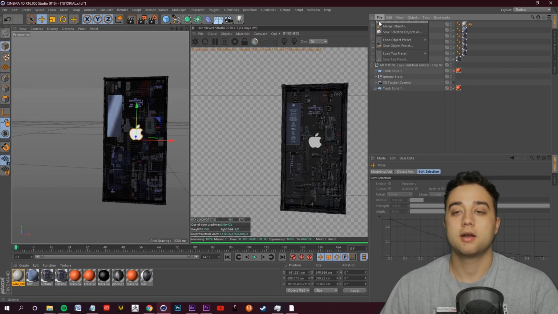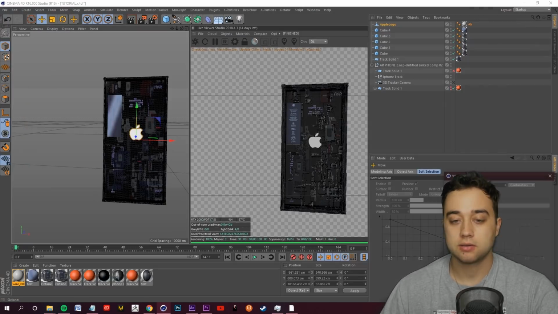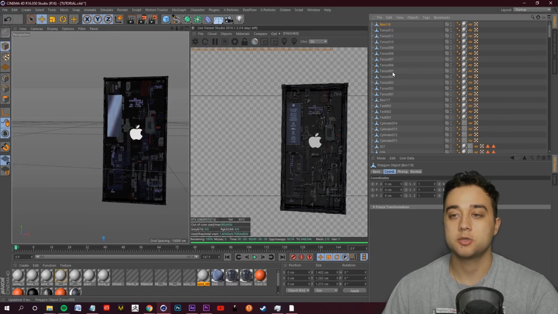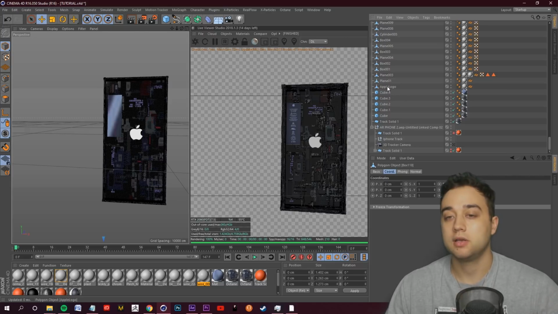So for the graphics card, again, I downloaded the FBX. I'm going to click File, Merge Objects. Let's just load in the actual OBJ geometry. Now, whenever you open something and it just has all of these objects like that, what we can do to make it a little more clean